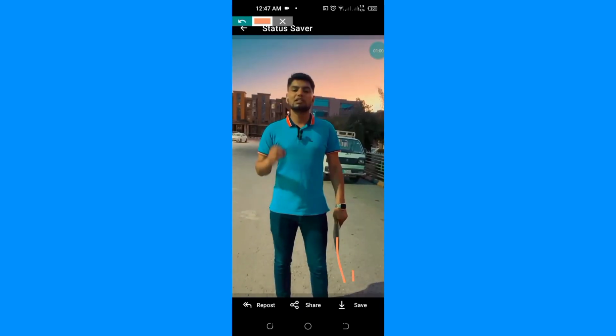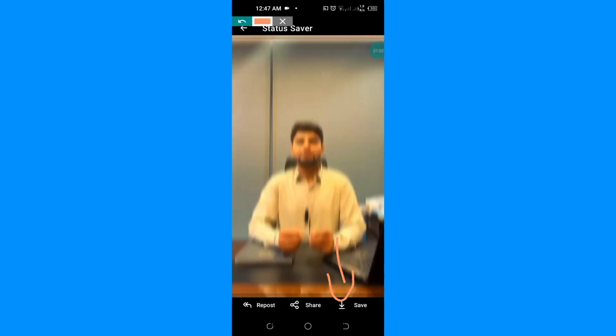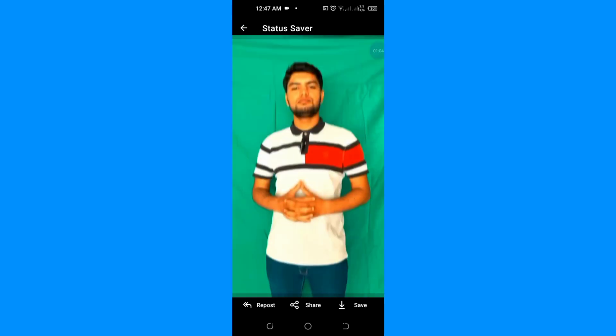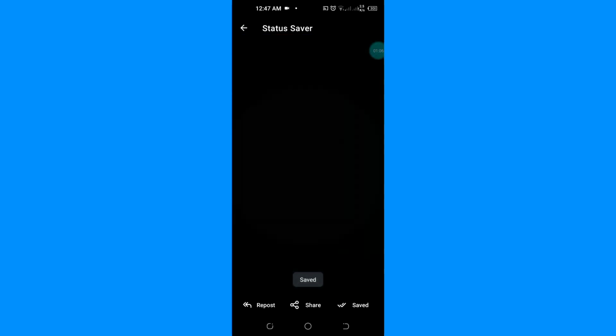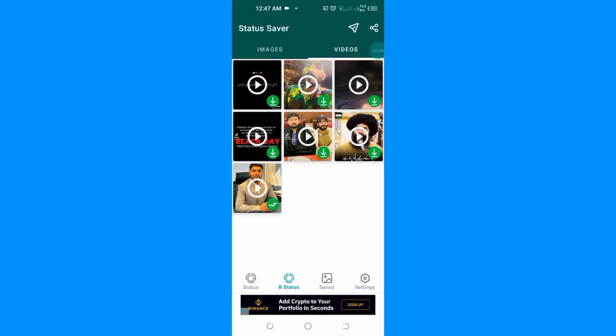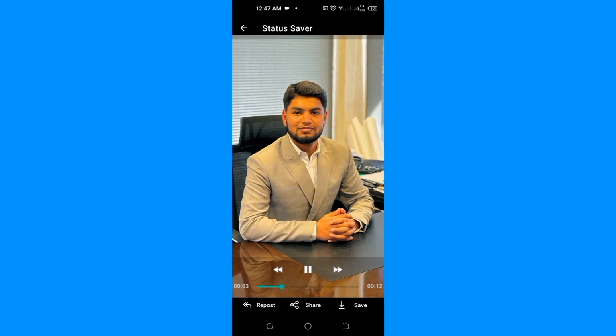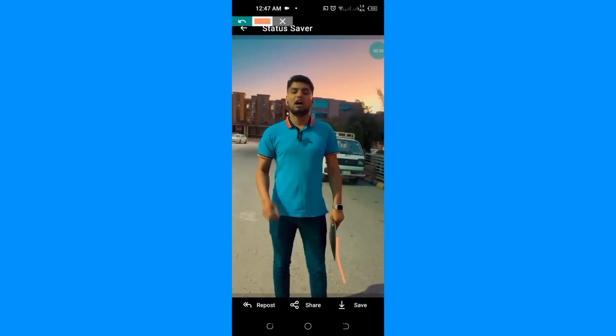How to download this? Simply click on this save icon. Here you can see. Now click on this save icon. In this way you can easily download any of your friends' status and images. In this way you can download WhatsApp status on your Android smartphone and your